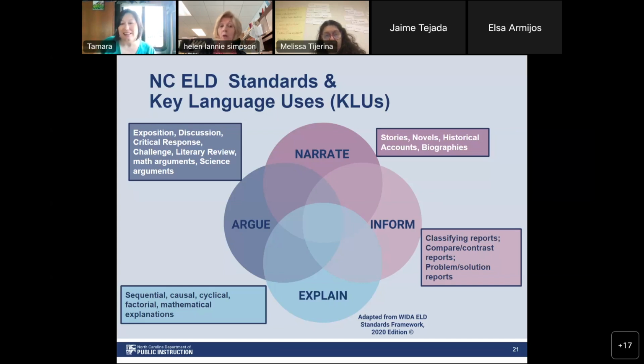Tamara, you are so right. And I'd like to add that we just sifted through tons of children's literature, adolescent literature, informational texts, curricula, national standards for content areas to distill these 4 key language uses that appeared over and over in student text.